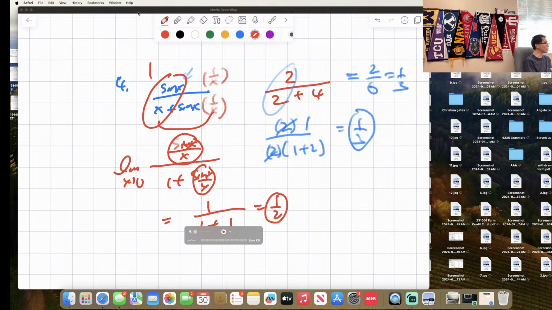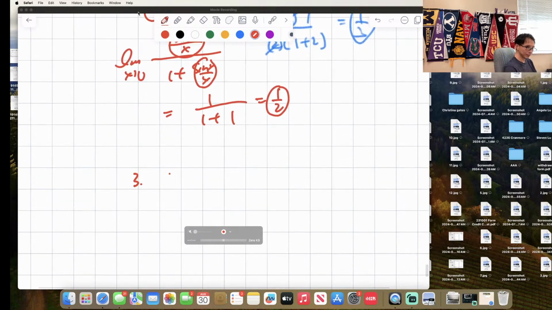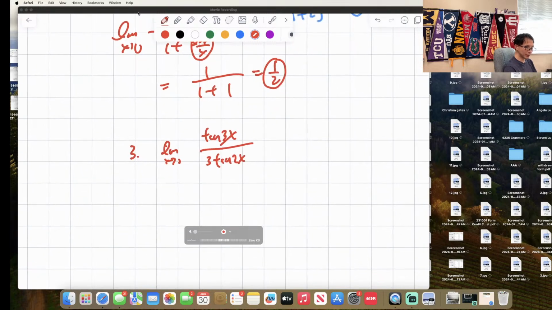Any other questions? Yes. 3L? What is 3L, sir? Limit as x goes to 0, tangent 3x on top, and on the bottom it's 3 tangent 2x. Okay. So obviously with tangent, the only way to get the sine of x over x is by using